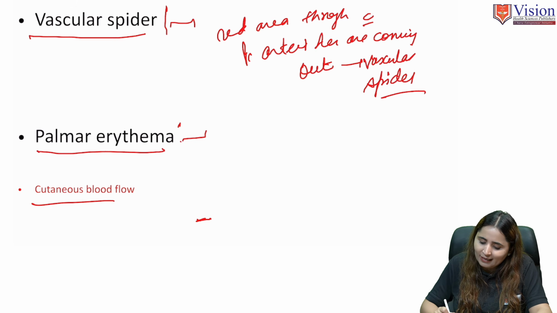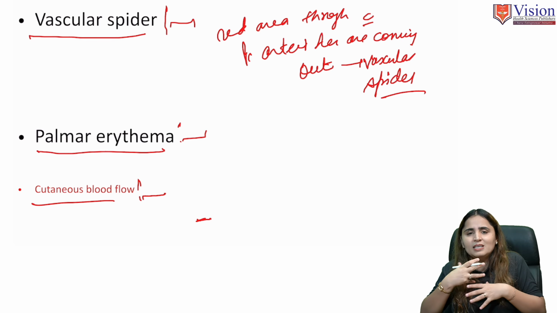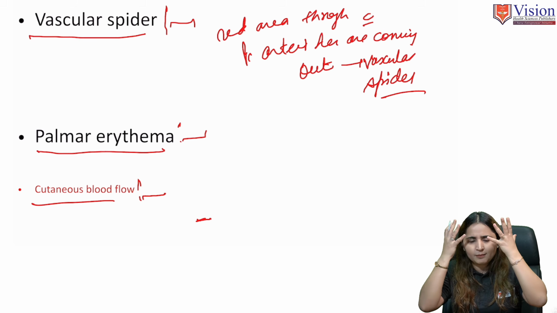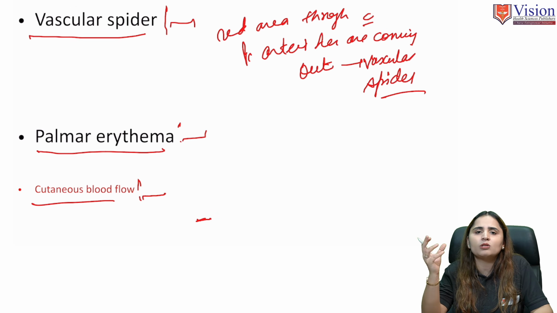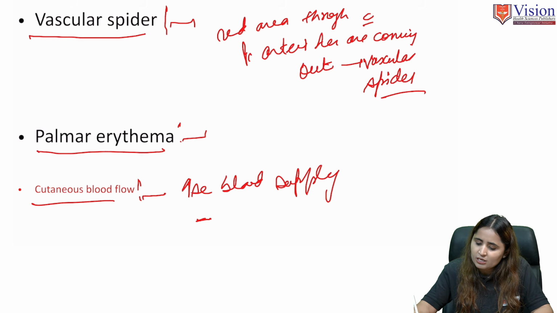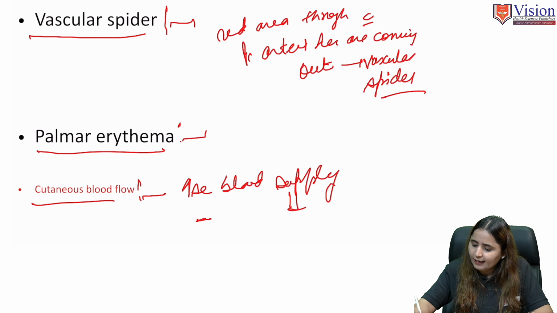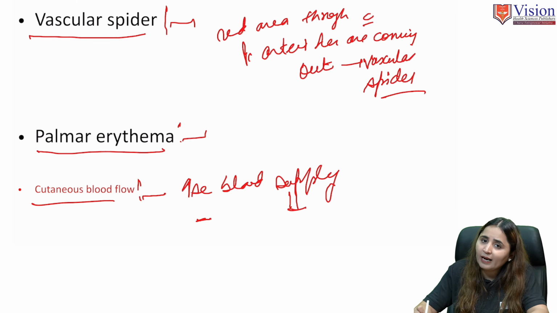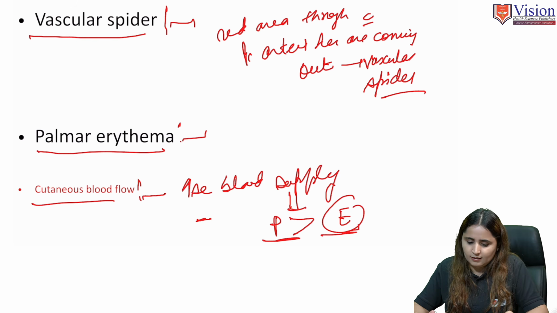It is a normal physiological change of pregnancy, and calamine lotion may help in soothing this problem. Another thing is that the pregnant female usually says that there is so much heat radiating from her scalp, from her hands and feet. It is all happening due to the increase in the cutaneous blood supply, and it happens due to pregnancy hormones. Always remember that progesterone is more responsible for it than estrogen.